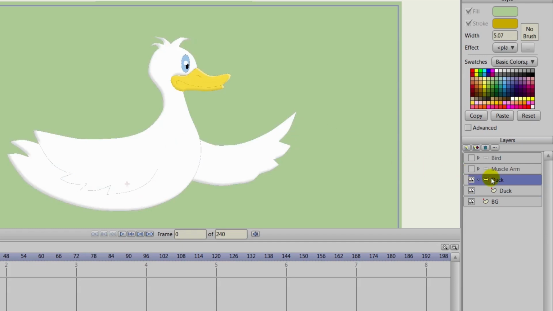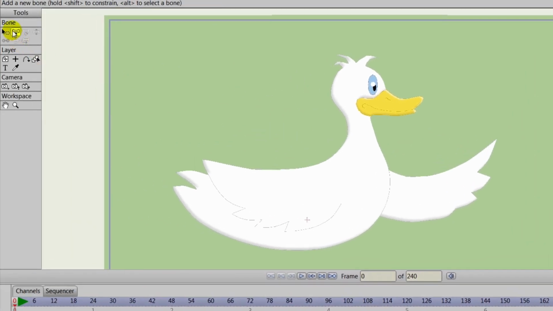The vector layer has all the components of the duck, pretty much like how we had the bird set up in the first example. So what we'll want to do here is add some bones, and you'll quickly discover here that we're going to have to do some different things here in order to get it to work. So we'll start at the bottom here and draw a bone out for the body, and then we'll come up here to the chest bone, and then from the chest we will go to the neck,